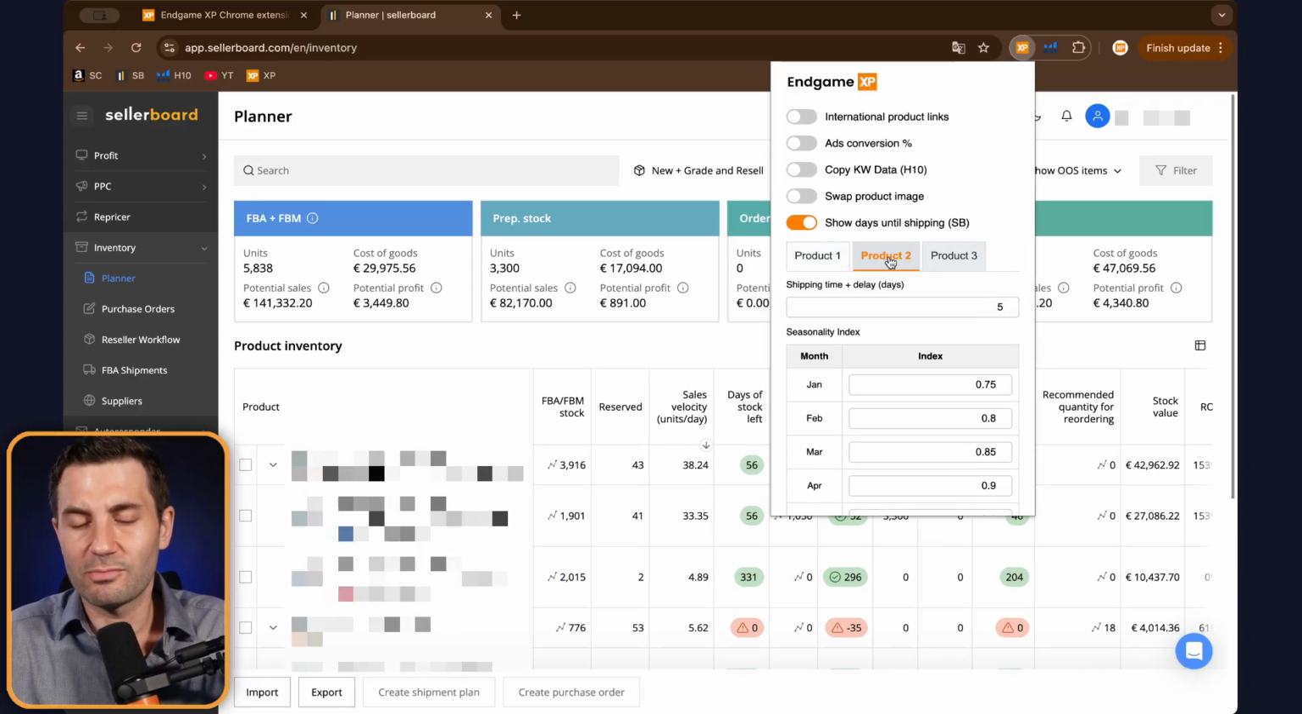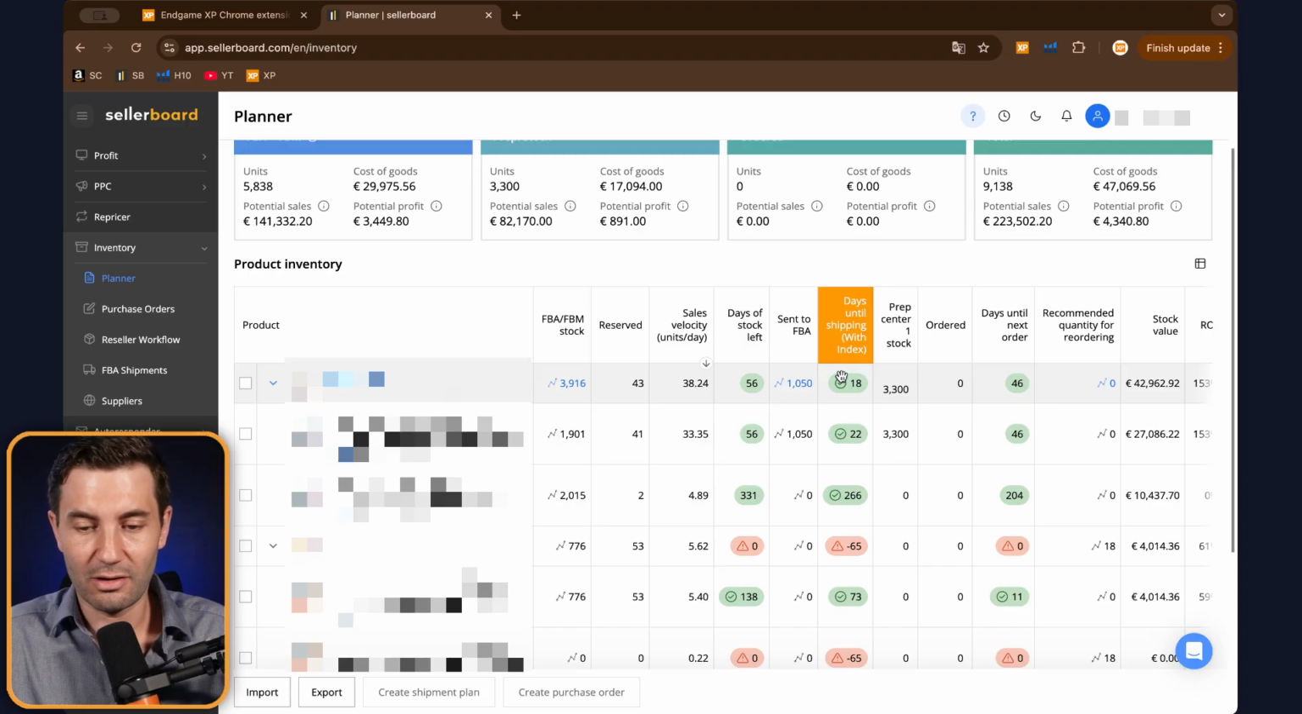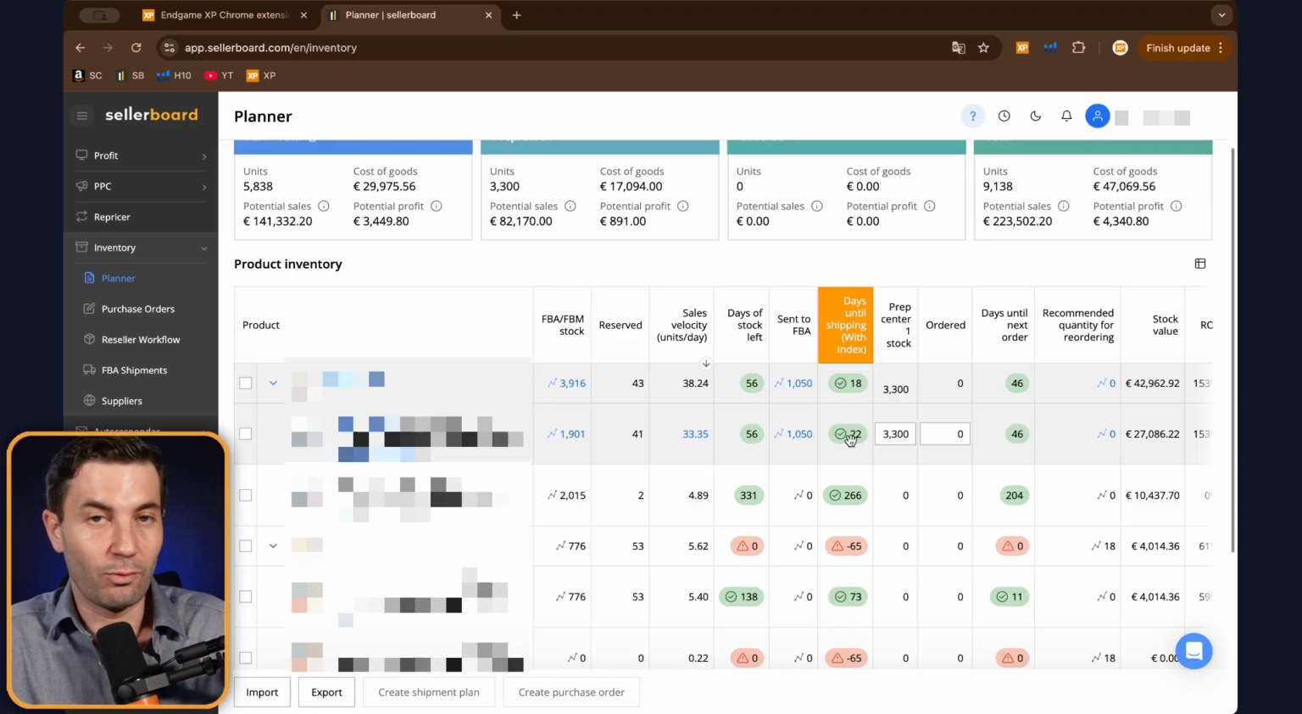You can also switch products to enter different types of shipping time. Instead of having to re-enter the numbers, you can save them and then just switch from product to product. So let's take product one, 35 days. And you can see that a new column appeared below called Days Until Shipping in this table. And that is showing you the amount of days you have to wait until you have to ship your units